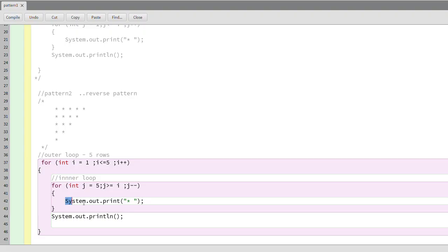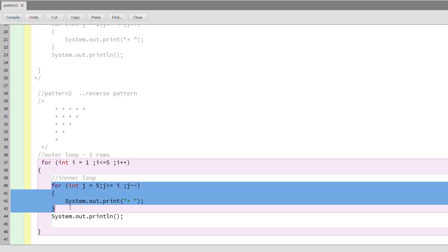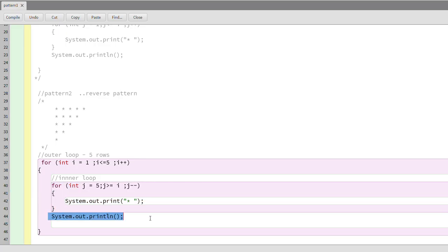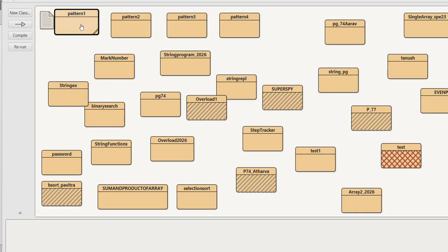Once this entire loop is completed and one row is printed, I will write a system.out.println so that the next row is printed on another line. Let's compile this program and run it.